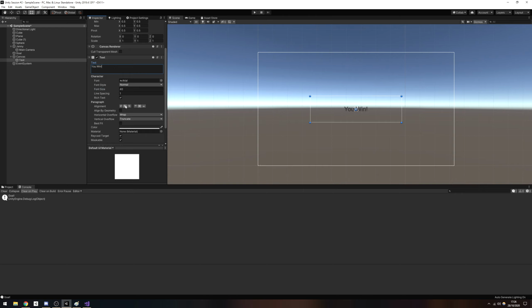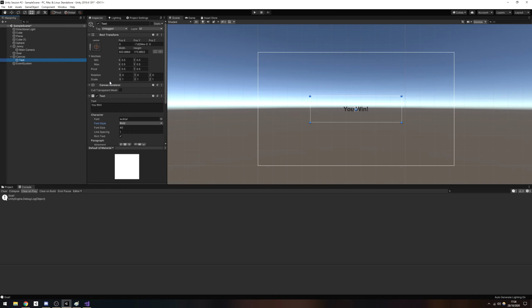So obviously we don't want that displaying all the time. You can actually turn off certain game objects. If you scroll to the top, there's a little tick by the name. Currently it's ticked on, which means that it's enabled. If you tick it off, it's disabled. So we disable that for now. And then if we go back to our goal,